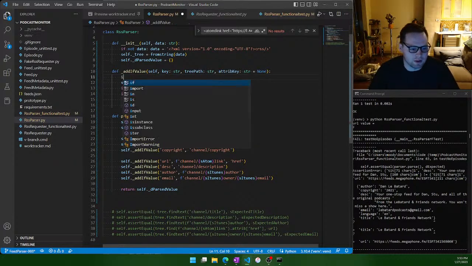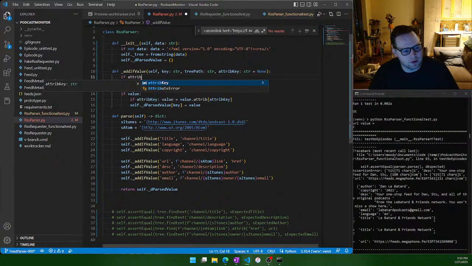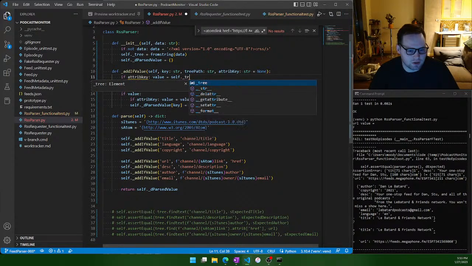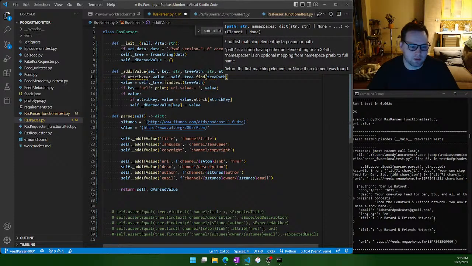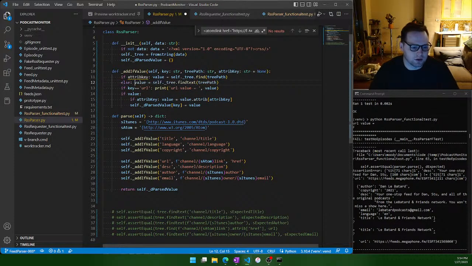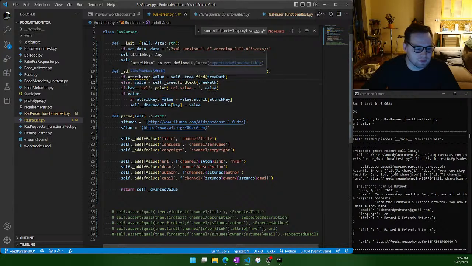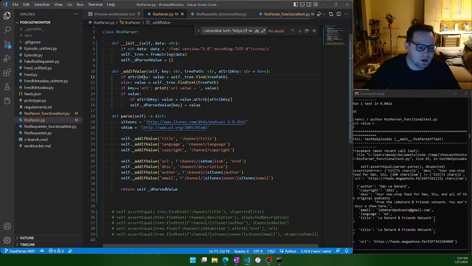So it could say if attrib key value equals self.tree.find tree path. Otherwise, do this. Why is this having an issue? Oh, capitalize. And then if there's a value and there's the attribute key,